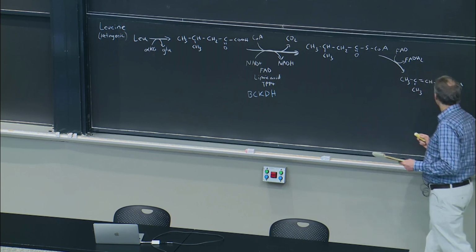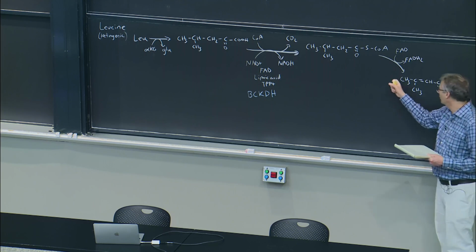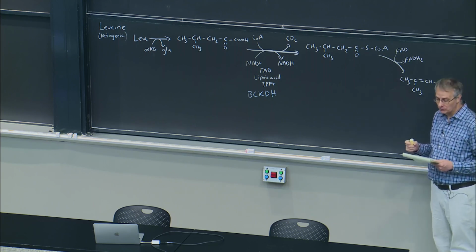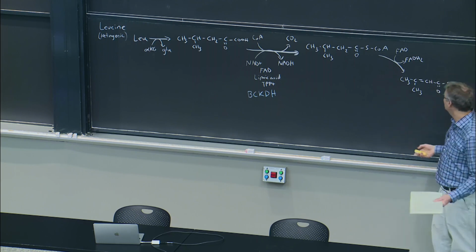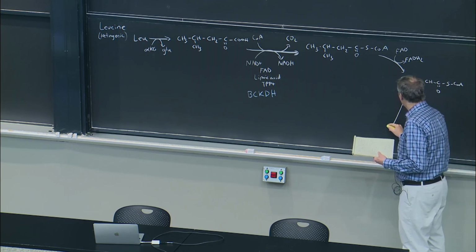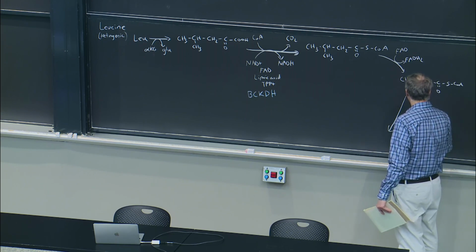All right, now if we were doing fatty acid oxidation, we would of course add water across that bond. We'll do that in a minute. Before that happens, the next step though is that to facilitate ultimately breakdown of this, we're going to end up adding a carboxyl group to the end of the molecule. So if we're going to add CO2 to the end of the molecule, how would we do that? Well, we've seen that reaction many times before as well. So if we're going to add a CO2 group,